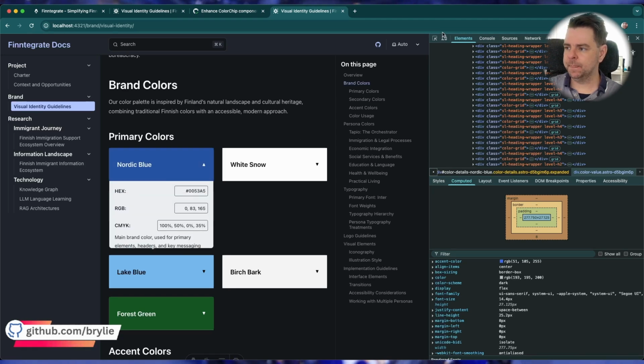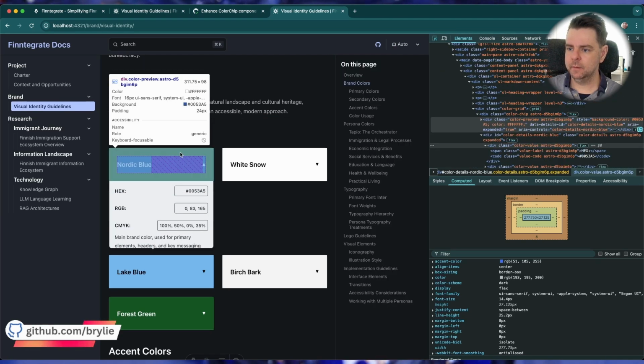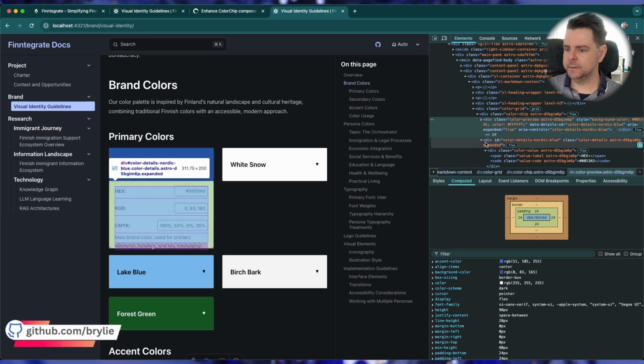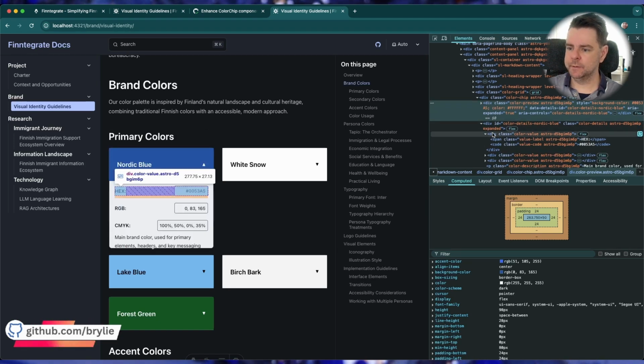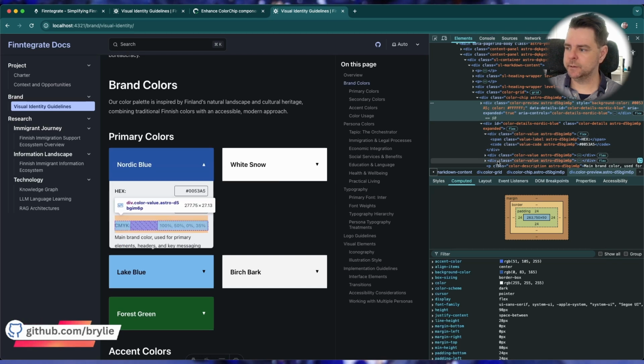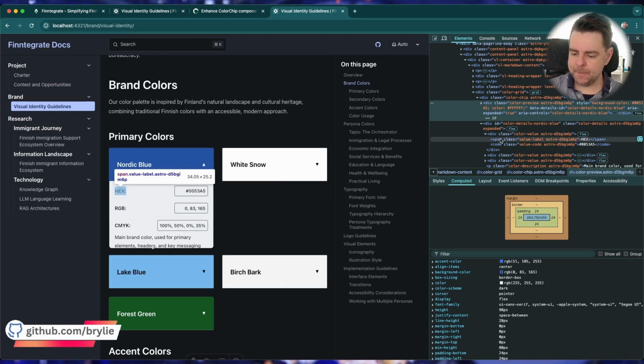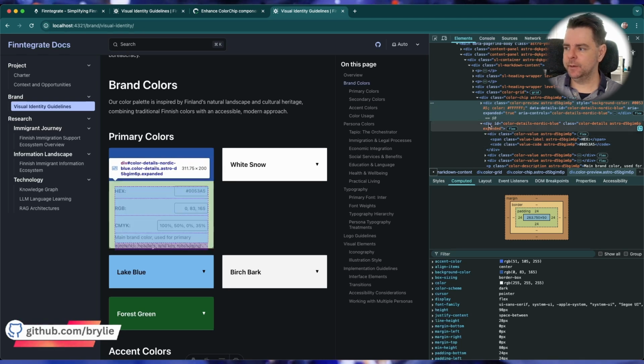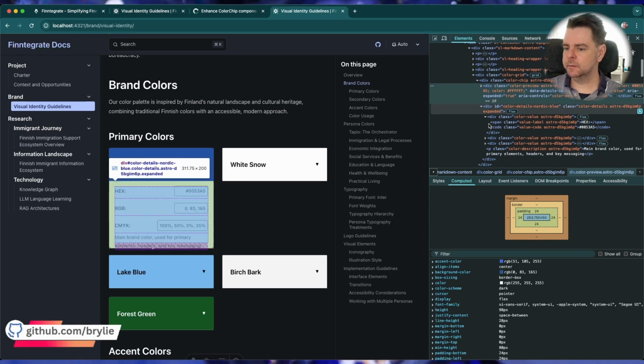So now we've got click color chip. So color grid has multiple color chips. Each color chip has color preview at the top and color details at the bottom. And then inside the color details, we have the hex code and etc. Yeah, this is better. Better markup. Very cool. Now I can just zero in and be like, okay, now the only other thing that's happening is